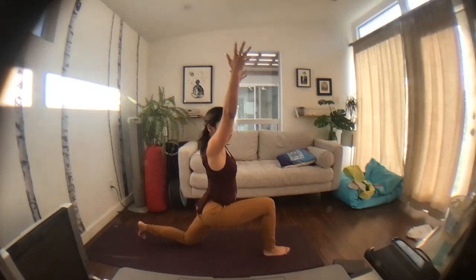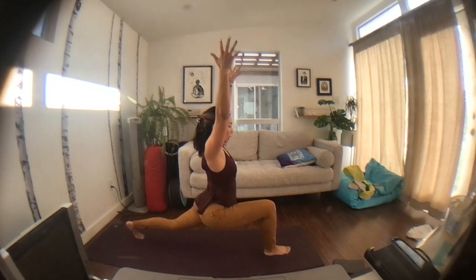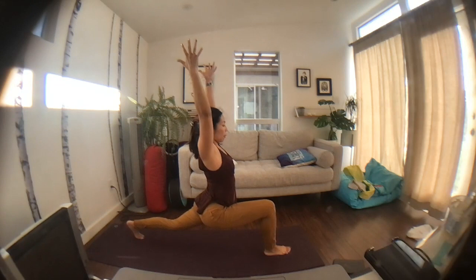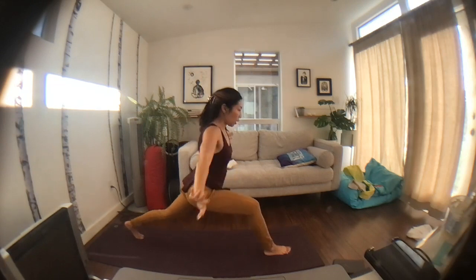So we want to really get into the left hip flexor. Here, all we do is just lift the leg, but we're not going to really change the height of anything. You're going to get deeper into your left hip flexor. The more you toss your arms back behind you, the more opening, for 5, 4, 3, 2, 1. Come and shift the weight forward